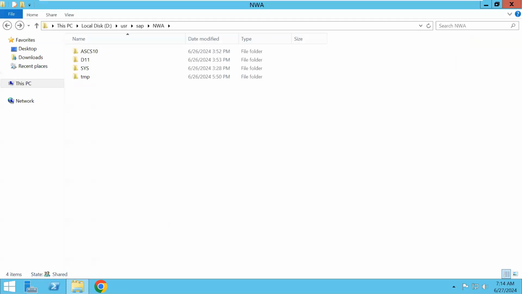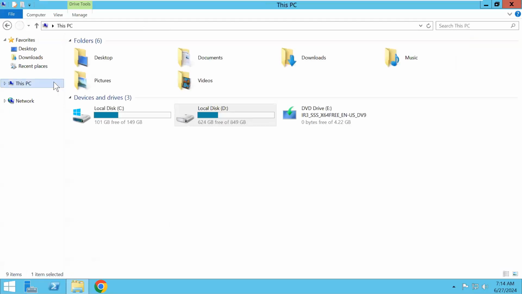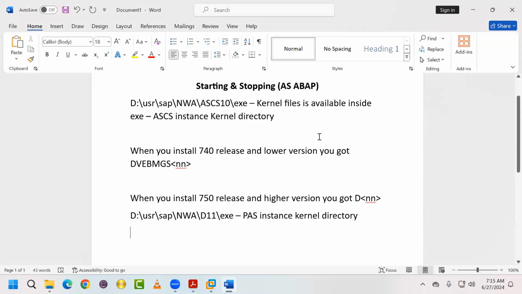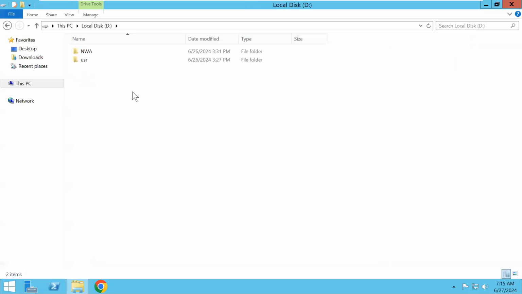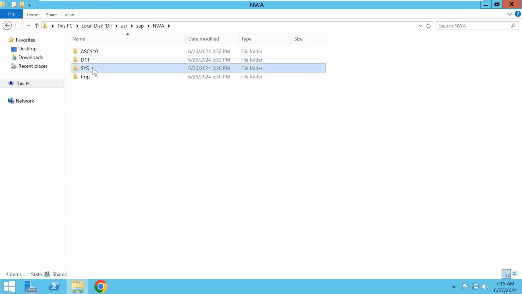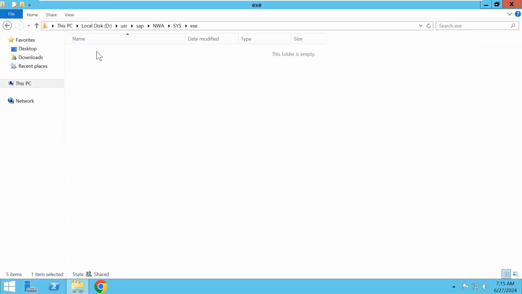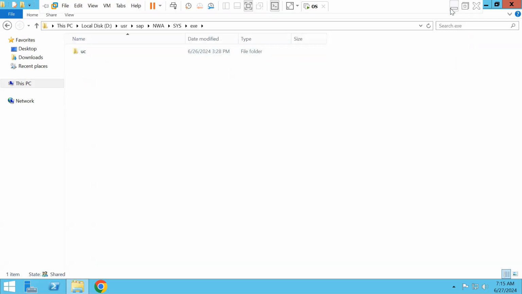Now you want to know the kernel global directory. Global means entire system access. This is only the particular instance kernel directory. Global directory means where is the location? Installation drive, USR, SAP, SID, SYS, EXE, UC. UC means what? UC means